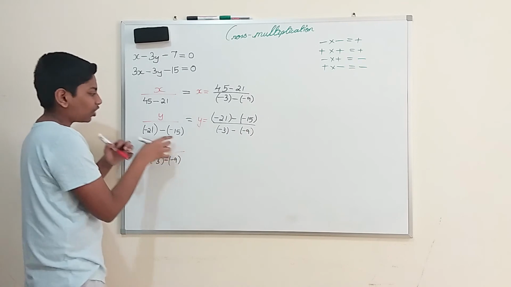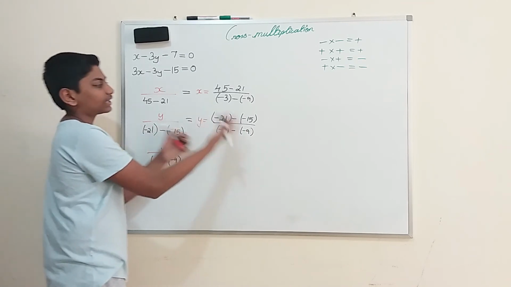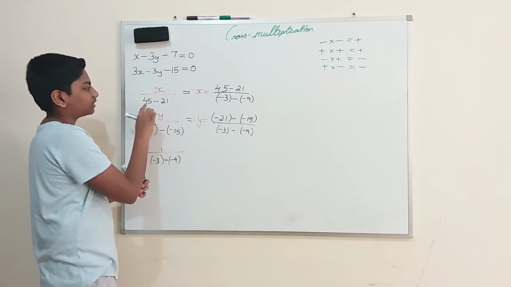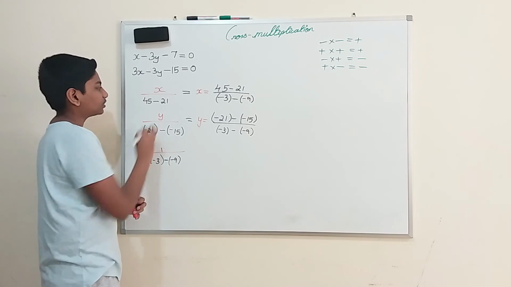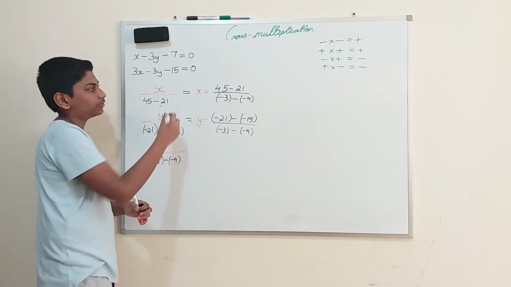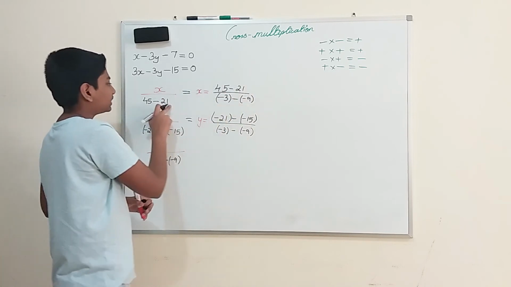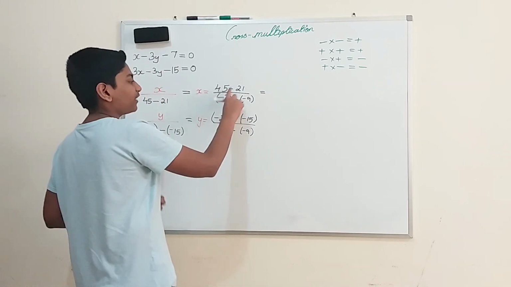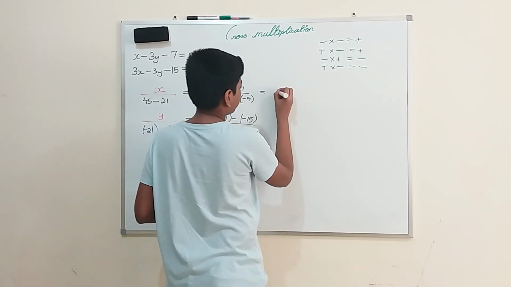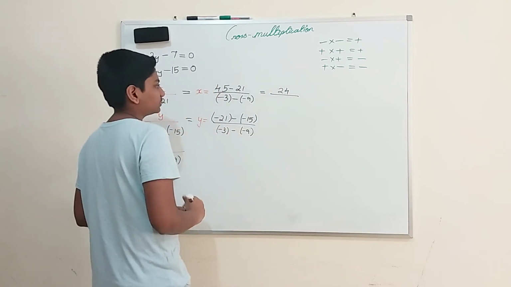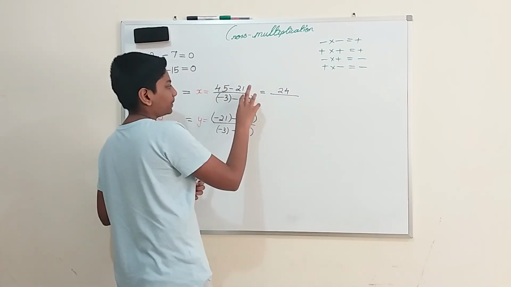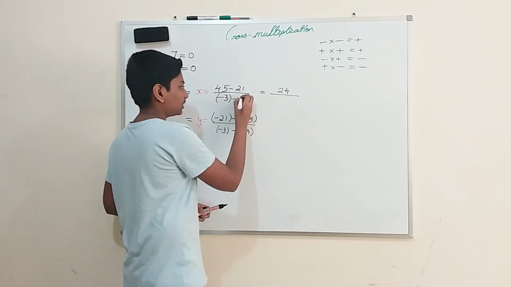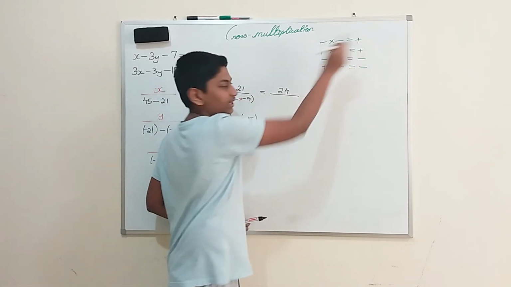Here if you want you can solve it. After solving it also you can come over here, or you can solve it here itself. So 45 minus 21, here itself you can solve, you will get it as 24, and x by 24 then you can do, or otherwise you can just solve it at the same place, everything at once itself. So this will be equal to 45 minus 21 is nothing but 24 by, so here also there is some bracket to open. So when we open this bracket, these minus and minus will come in contact. So we should multiply them over here. So plus and minus into minus is nothing but plus.